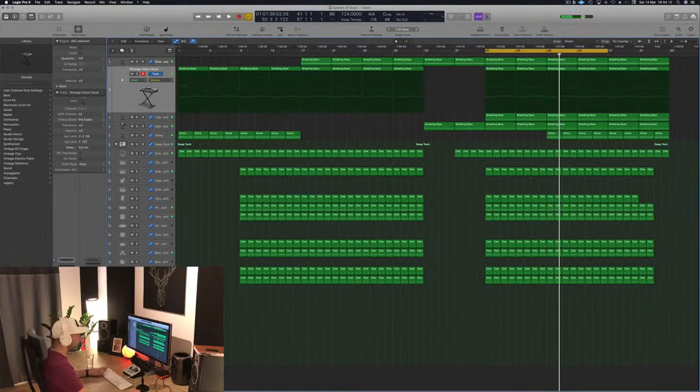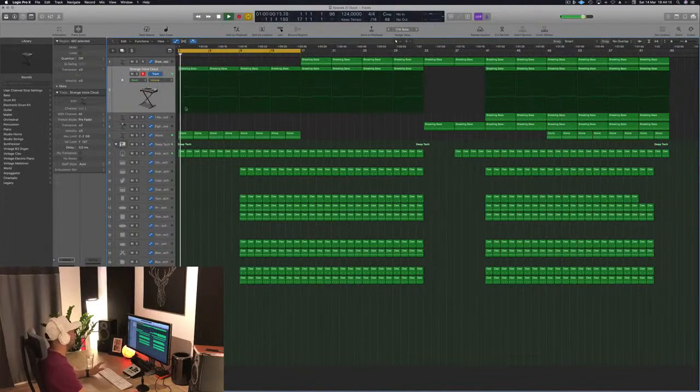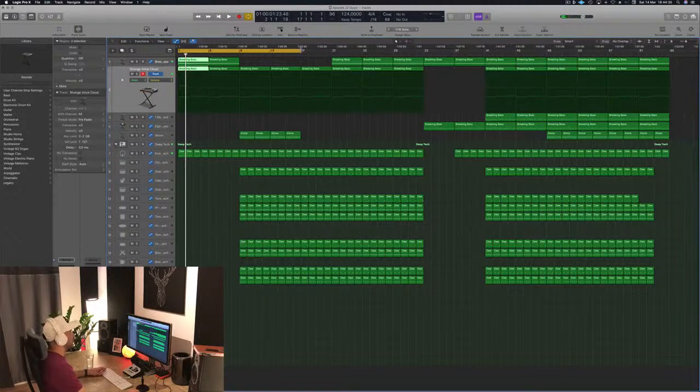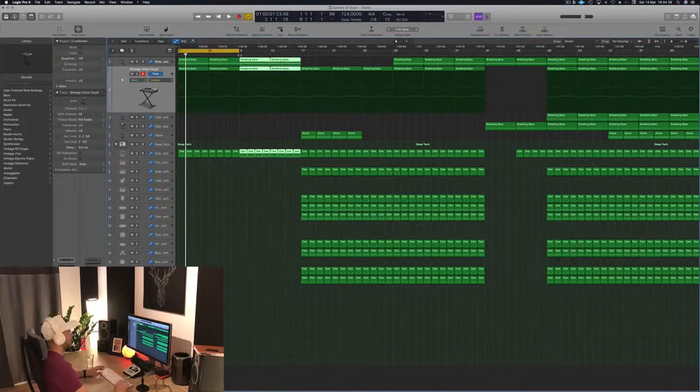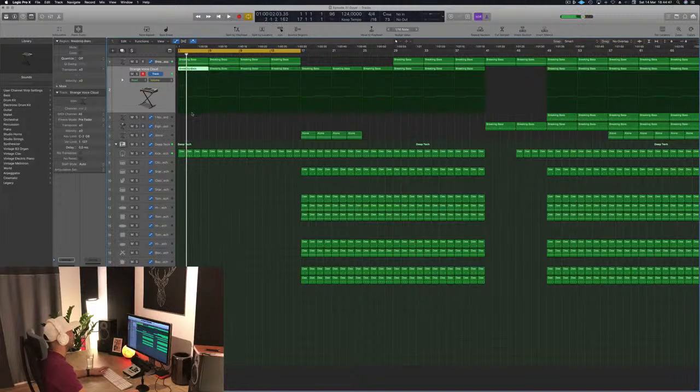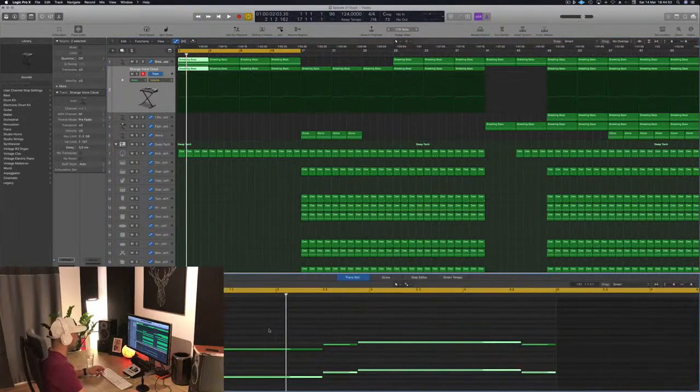Alright guys, so I think I started this track with an intro. Let's see. But that's a bit rich for the start, so I'm gonna try to create something of an intro, at least until 17, something with, you see the kick is high passed, and I think I will remove the chord progression.